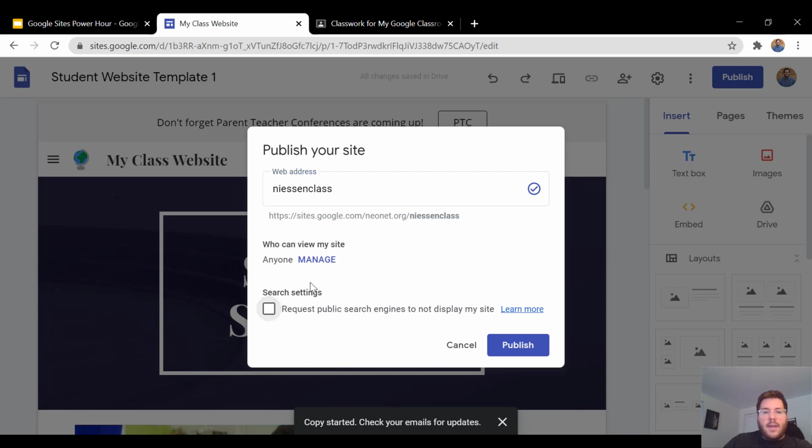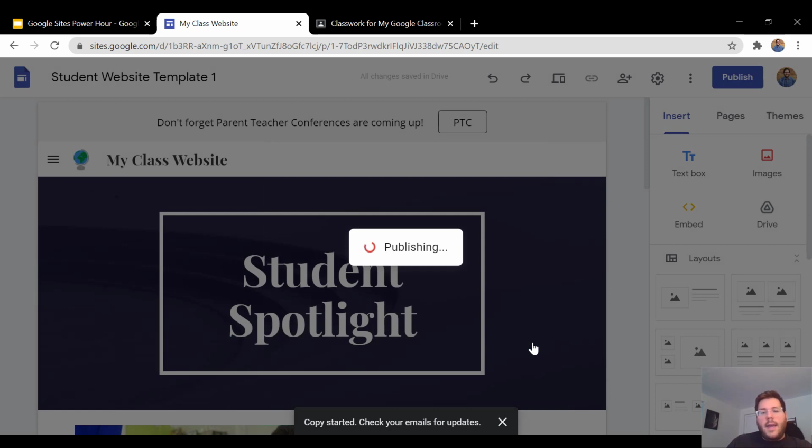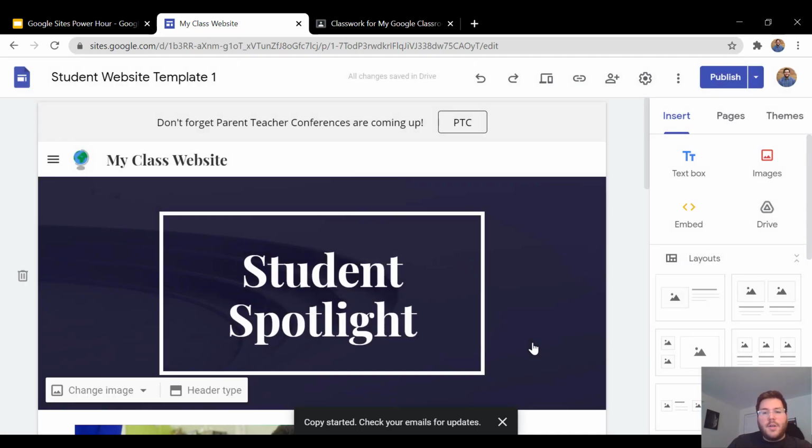And now, if you have this be public, it gives you this extra option here for search settings: request public search engines do not display my site. Probably in most cases you'd want to turn that on, just so it lowers the chance of anything weird or any strangers coming in. Okay, but then once we're done, we'll just click on publish, and it's going to go ahead and publish this